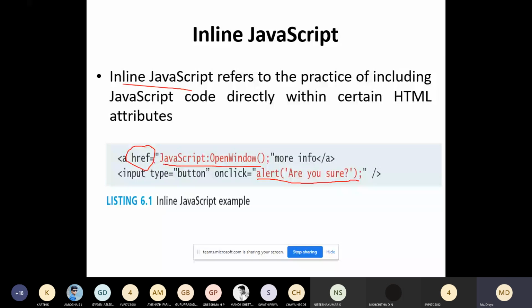So this red color one is JavaScript code. JavaScript colon open window will open a new window. This other one is for alert, so if you want to display an alert box, are you sure, it will display an alert box. So this is a simple example of inline JavaScript where you add JavaScript code directly to the HTML attribute.